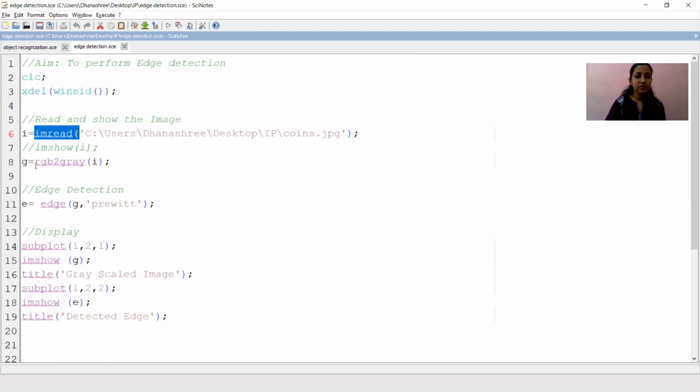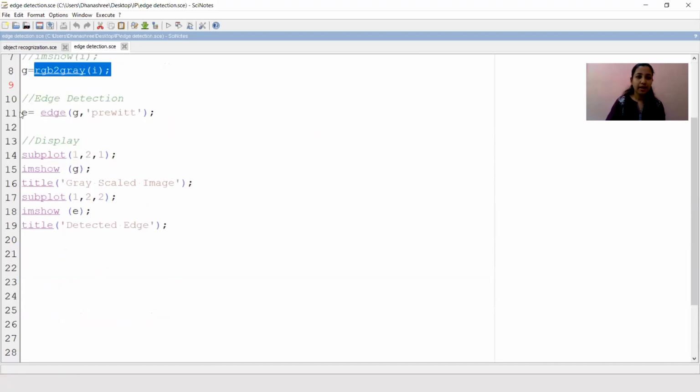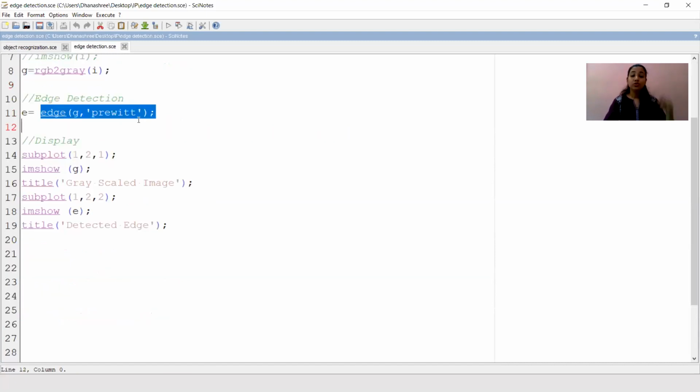So very first task which we did is converted our colored image into grayscale, and instruction for that is rgb2gray. Now let's say here I am trying to apply Prewitt mask. So convolution, thresholding, all those things have done using single command, that is edge, comma, input image.